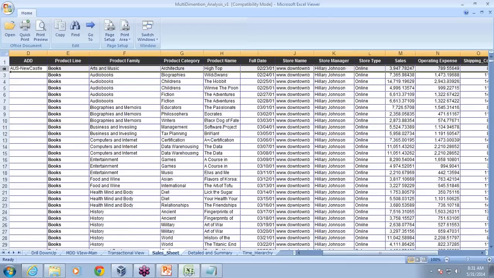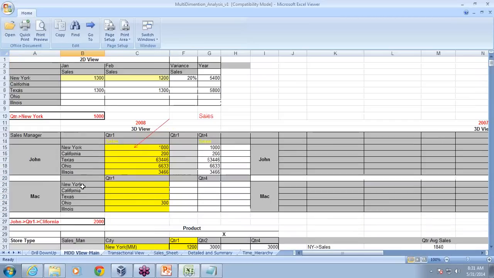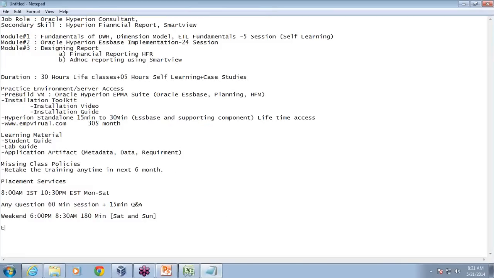That is a transactional database, OLTP, whereas Essbase is a multi-dimensional database where data is organized in multiple dimensions. The primary purpose of organizing data in a multi-dimensional format is that data analysis becomes easy. What does Essbase itself mean? Essbase is an extended spreadsheet database. It's a database which extends the capability of a spreadsheet, like Excel.